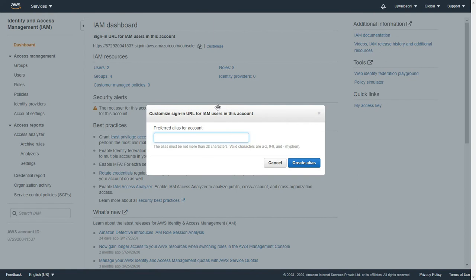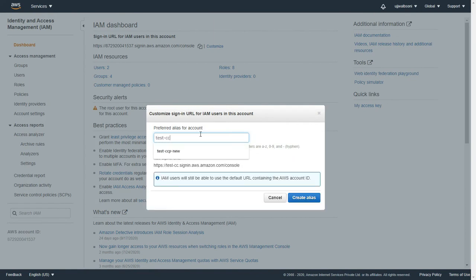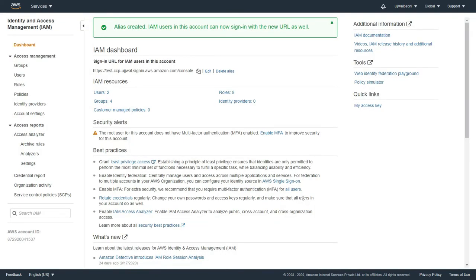Click on the customize link and enter test CCP user. I will create the alias and here we go. The alias has been created. So IAM users can use this URL to access the AWS account.